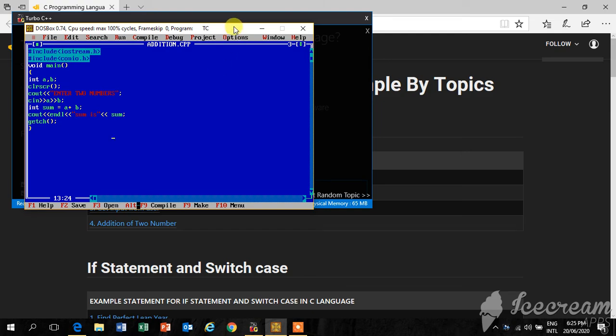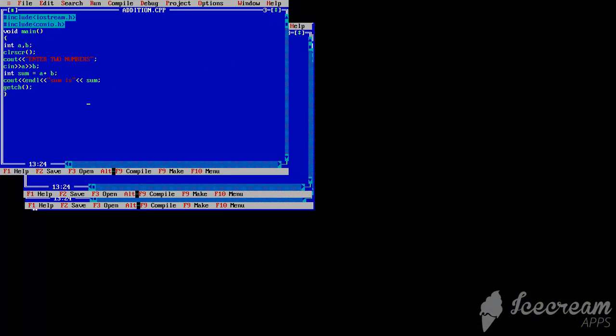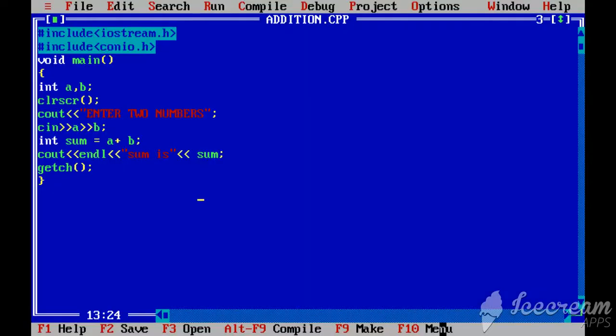Hello friends, in this program you are watching how to add two numbers in C++ program. Here the first line of this program, hash include